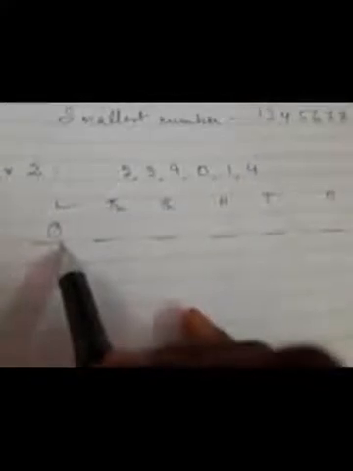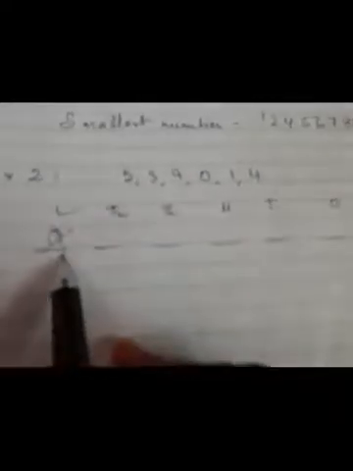So which one is smaller? I know many of you must be thinking I'll write 0 here, isn't it? Because 0 is smaller here. 5, 3, 9, 0, 1, 4. Out of these 6 numbers, 0 is small. So I'll write 0 in lakhs place, but I will not do that because that is wrong. I cannot write that. If I write 0 in lakhs position and then arrange all the numbers,